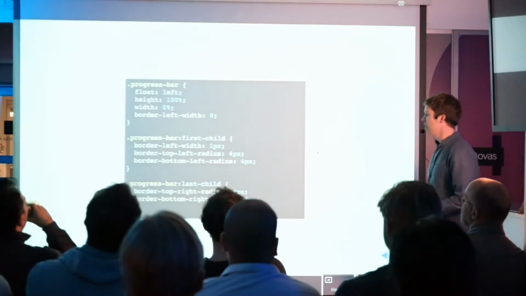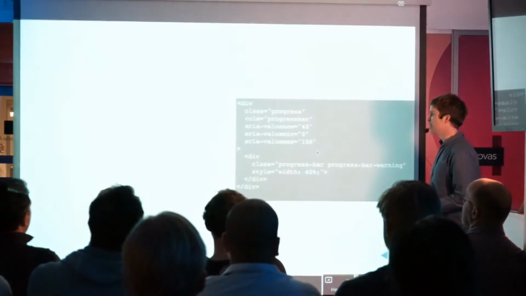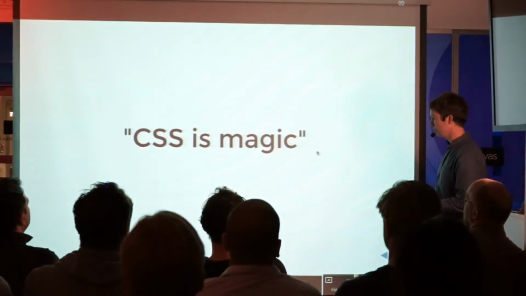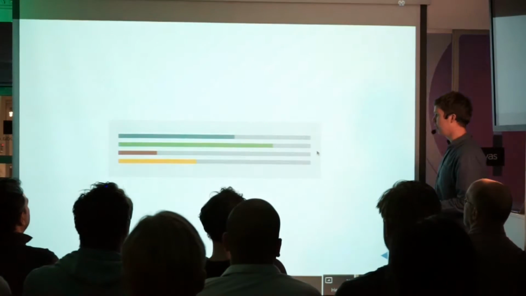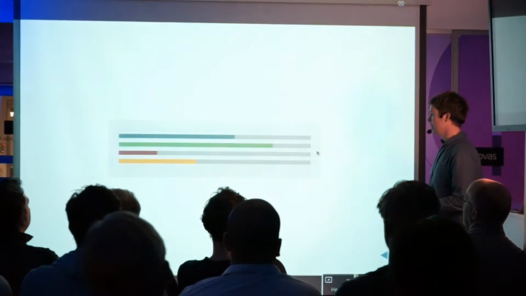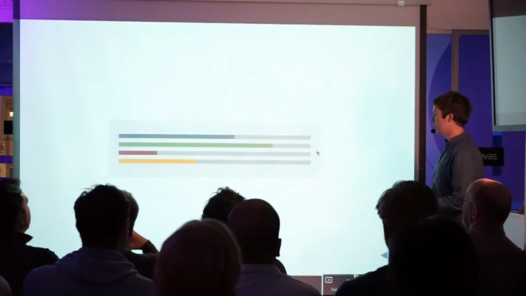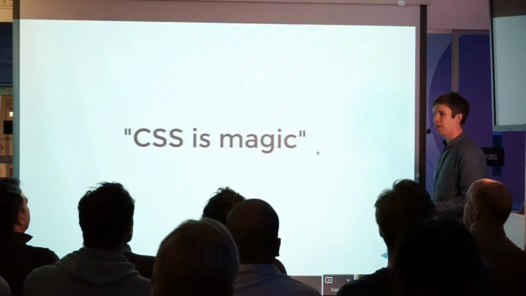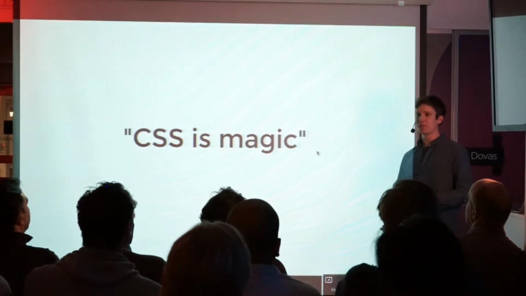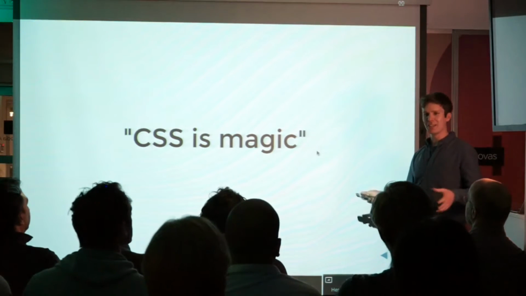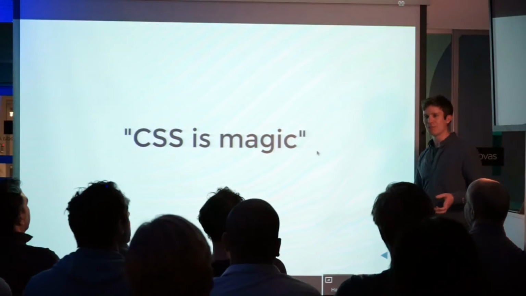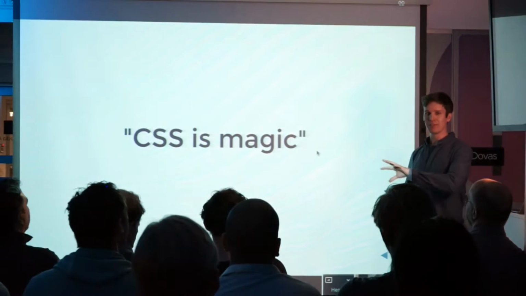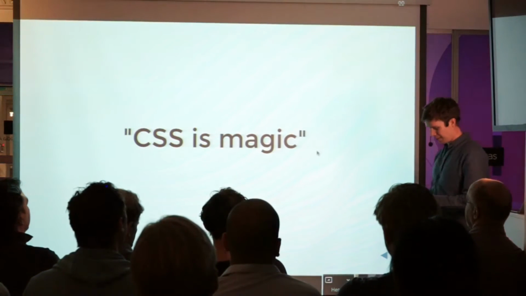And CSS code looks like this. You all know this. And we apply it to HTML, and then to make something look like that. And then you will think that CSS is magic. That's my first thought when I started doing CSS back in the days. This is magic. I can do whatever, and I couldn't do whatever. I could just do a few things. I could align things with tables and stuff. But it's kind of magic.